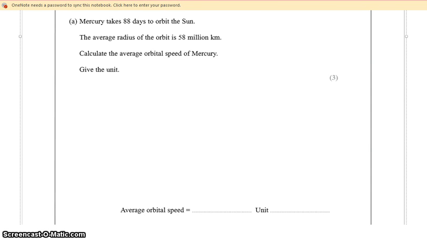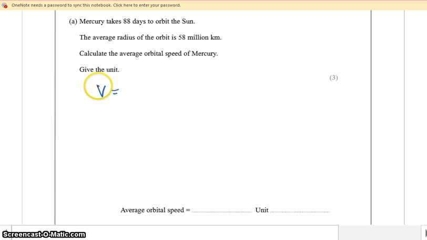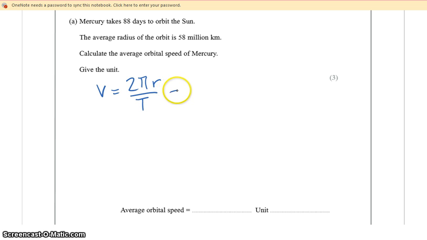Okay, so question 4. This first question is about the orbital speed of a planet. So you should recall that v equals 2 pi r over t. Now that doesn't get you any marks so far because that equation is given on the inside cover of the exam paper, so there's no marks available for that, but you do, so you start getting the marks when you